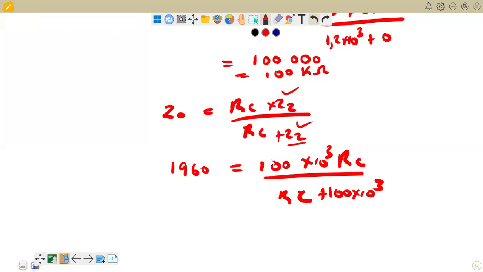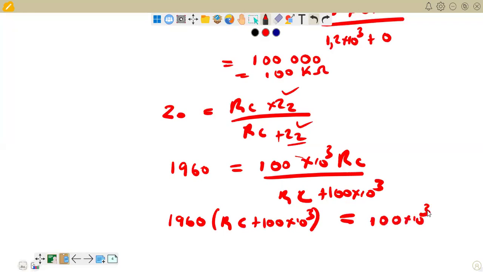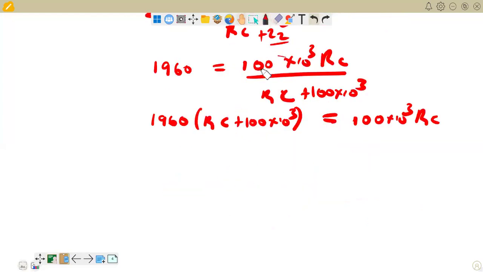So if we multiply 100 times 10 to the power of 3 multiplied by RC, of course, we get this value, 100 times 10 to the power of 3 RC. At cross multiply, it means we end up having 1,960 multiplied by what? RC plus 100 times 10 to the power of 3 is equal to 100 times 10 to the power of 3 kilo. Remember, kilo is 10 to the power of 3, RC, right? So upon simplification, the bracket that we have created there, we end up having, of course, 1,960 RC plus 1,960 multiplied by 100 times 10 to the power of 3. That will give us